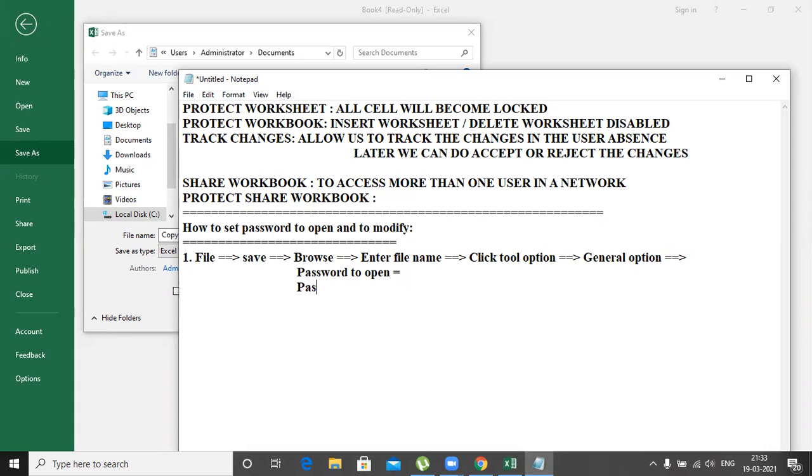Then the general option is asking password to open, password to modify. Password to open, give in this example 1 2 3. Then re-enter password to open. Next, re-enter password to modify.